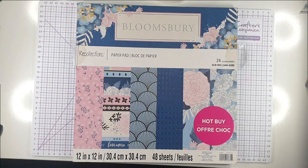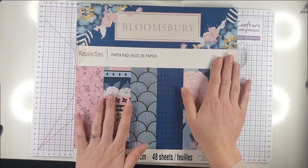Today I've got another paper pad use up video for you. Today we're going to be looking at how we can make the more boring papers in the pack, that you'd usually just use as a background, something more interesting and more of a focus on our card. This is the fourth instalment in this series where I'm going to be using up